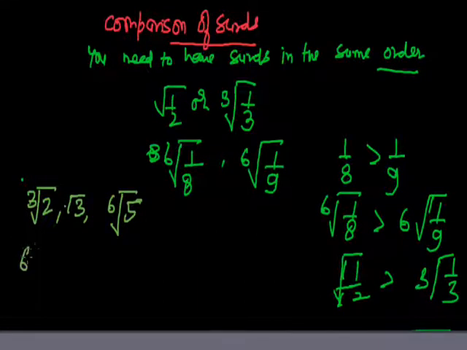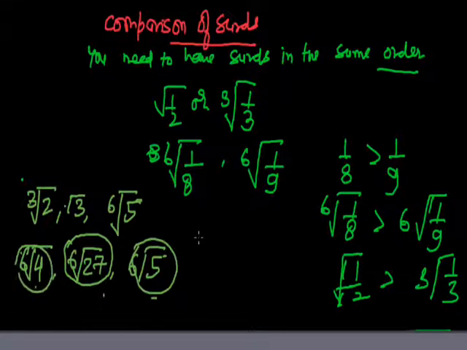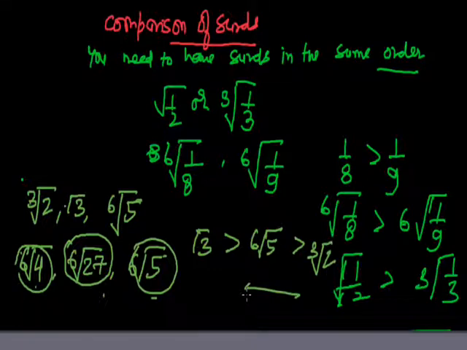So what I do is 4 here, 27 here, same. Now we look at the same base. They have the same power, the same order. So which one is the larger? This one is the larger, this one is the second largest, and this one is the smallest. So if I have to write down the order, this one is the greatest, followed by this, then followed by this. Okay, so that's how it goes. Comparative surds, we can do it.